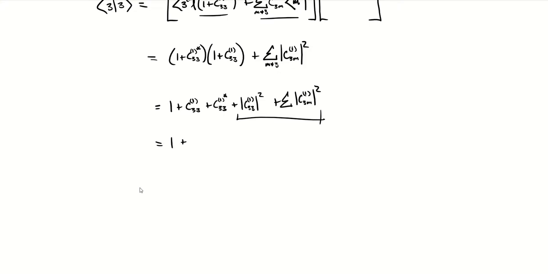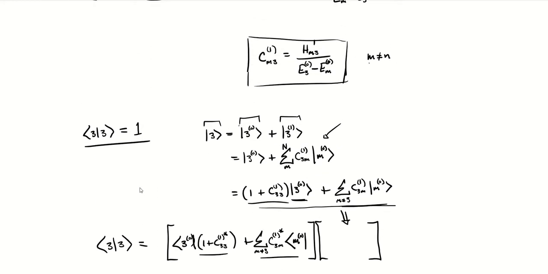So this is going to be equal to 1 plus C33 first order and its complex conjugate. Because remember, these are just coefficients, this is supposed to be equal to 1. We can take out a global phase and set it to whatever. So we have the freedom to choose this C331 as being a real number, taking out some arbitrary global phase. If we make that real, then that gives us that it has to be equal to 0. And that term, the coefficient of the unperturbed state, ends up being 0, right?